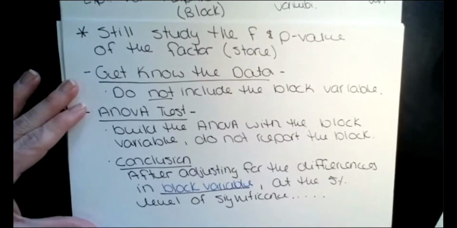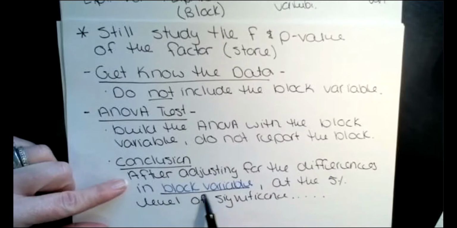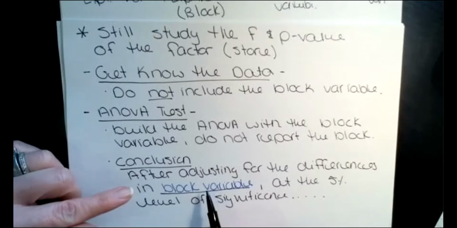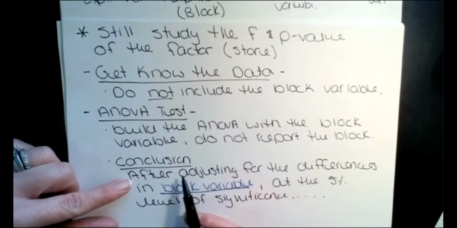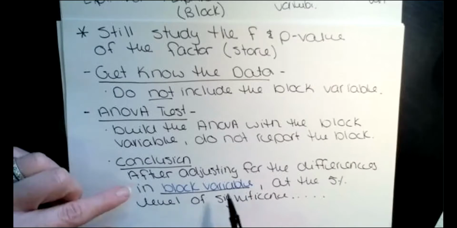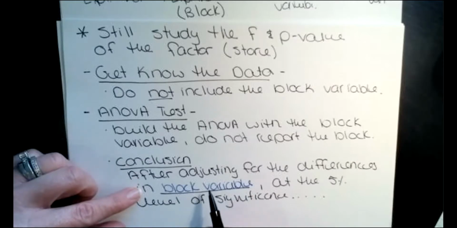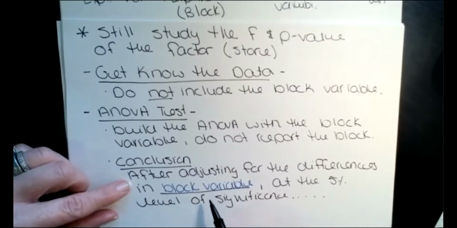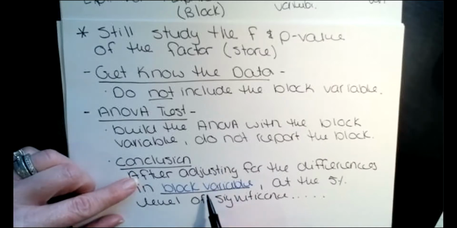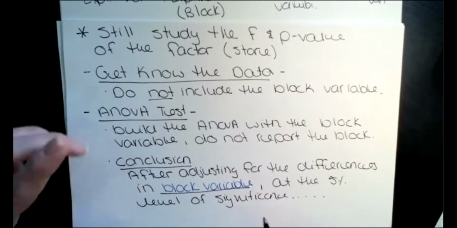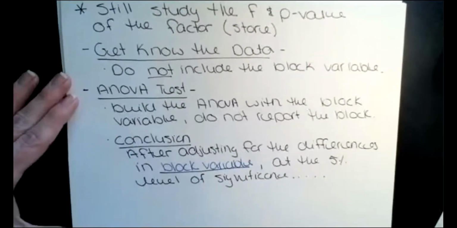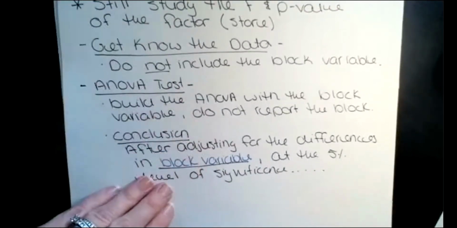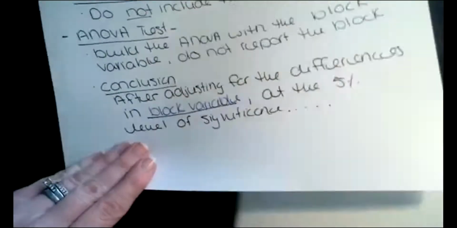So that's what you would do. You could write this in the beginning, you could write it in the end, wherever you want to fit it in your conclusion statement. But if you are using a block, we want to mention it someplace. You might have it in your goal if you're writing a goal, but you need to mention it in your conclusion that, okay, I am running this test, but I do add a little something else to help explain that unexplained variability. Okay. Then when we get to our post hoc analysis, or Tukeys,